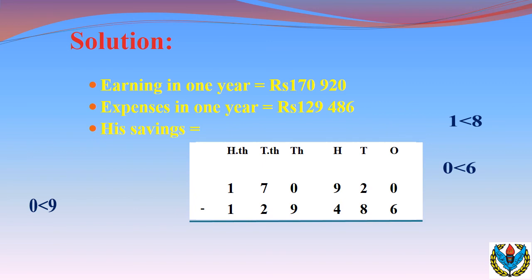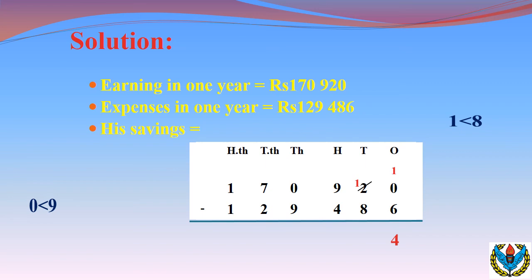Now we will start a subtraction from the ones column, that is from the right side. Look at the digits in the ones column. These are 0 and 6. Since 0 is less than 6, so we cannot subtract 6 from 0. And for this, we will borrow from the tens column, that is the next column, and the digit 2 in tens column becomes 1, and the digit in ones column becomes 10. Now 10 minus 6 is equal to 4, and the answer will be written in ones column.